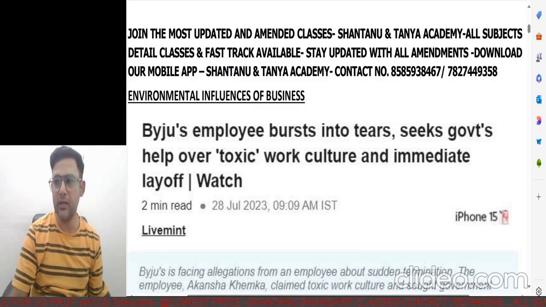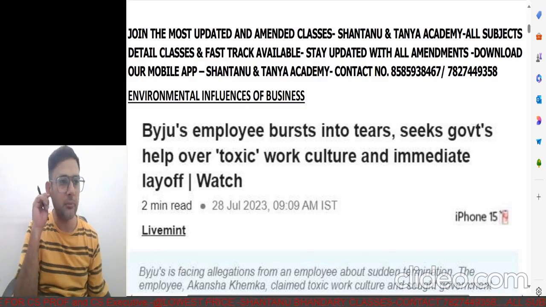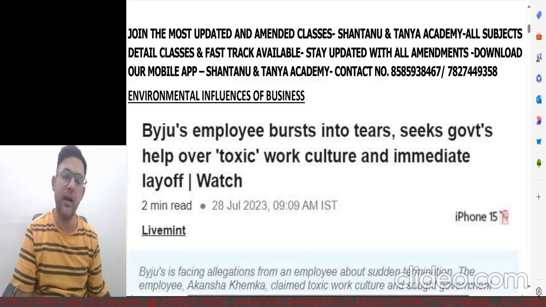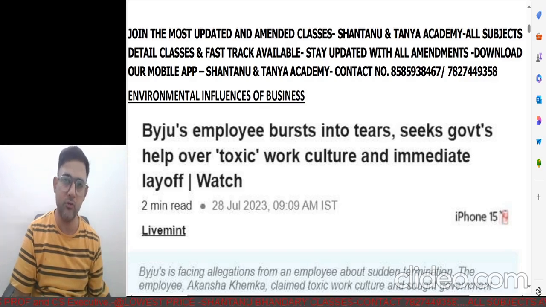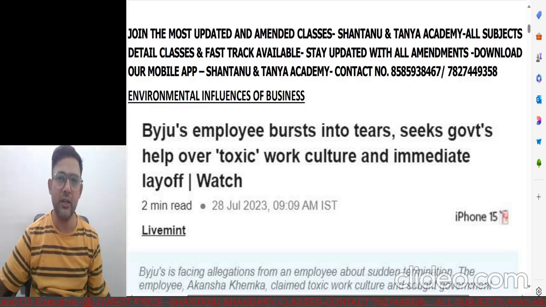At one point of time, they even hired the Bollywood star Shah Rukh Khan as brand ambassador, and in the international market, they also hired various famous celebrities. In India, they sponsored the Indian cricket team's jersey. So what suddenly happened to Byju's that they are on the verge of closing down? There could be various reasons, but one of them could be the environmental factor. During the COVID time, Byju's profit probably blasted, and it was not within any boundaries. It went on and on and on. But that was probably for 2 years or 2.5 years.